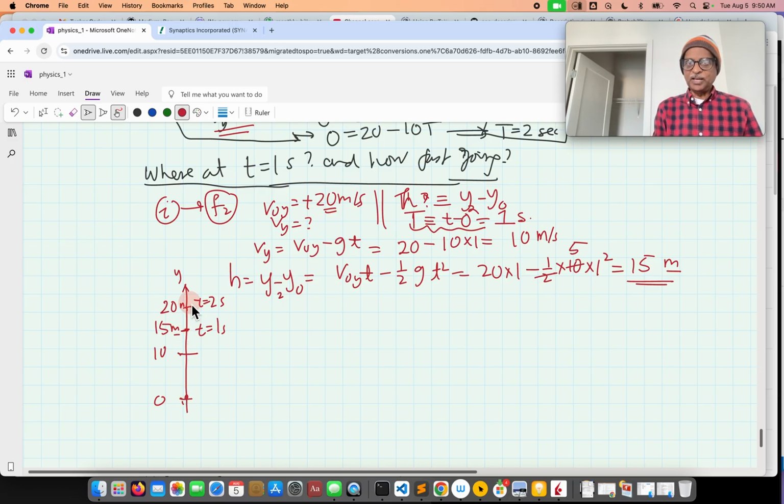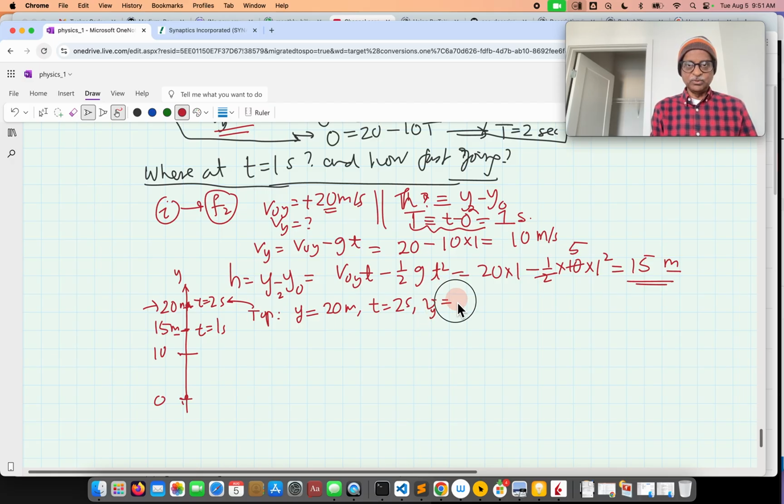Of course, it's slowing down. It's going to go less and less distance with time, right? And eventually it comes to a stop. But at this point, at the very top, you have y equal to 20 meter, t equals 2 seconds, vy equal to 0,